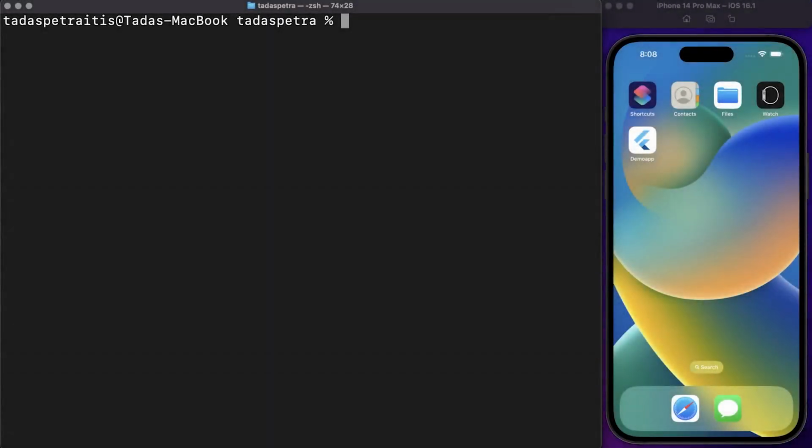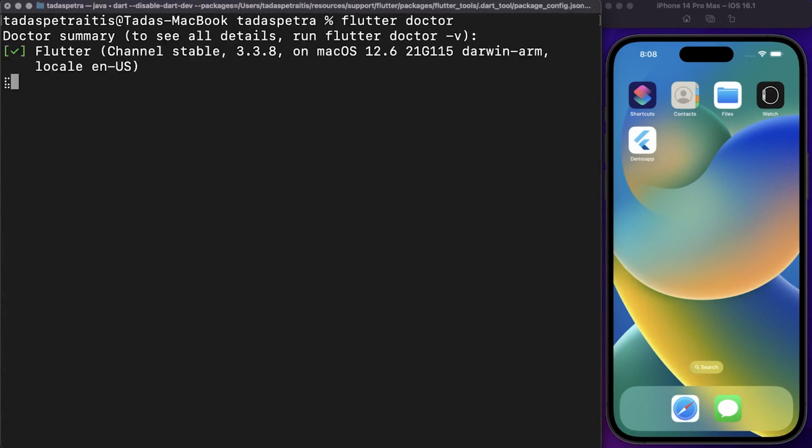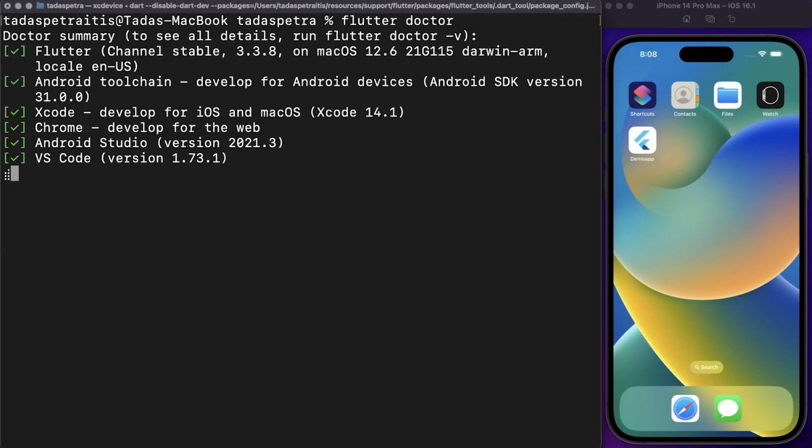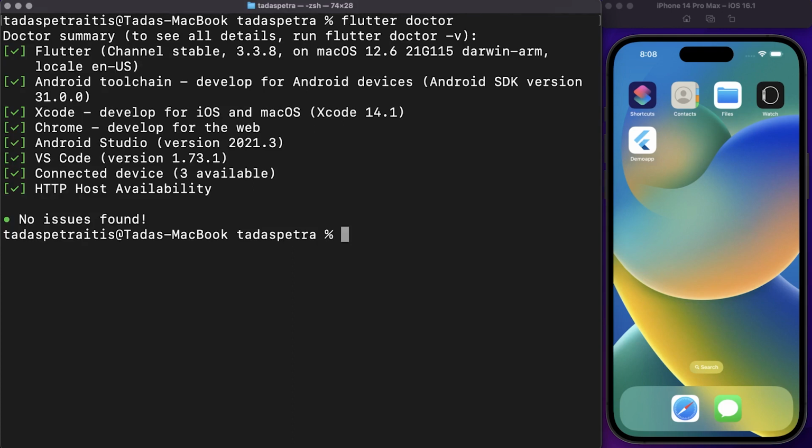So at this point, you should have everything set up and ready to work with Flutter. To check this, we type in flutter doctor, and we should see a whole bunch of green check marks pop up. So that means everything is installed that we need to work with Flutter, and we're actually ready to build the